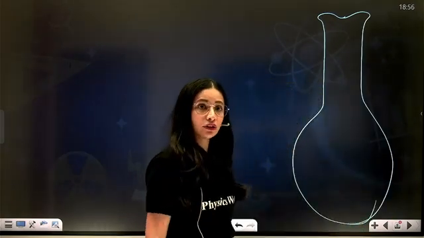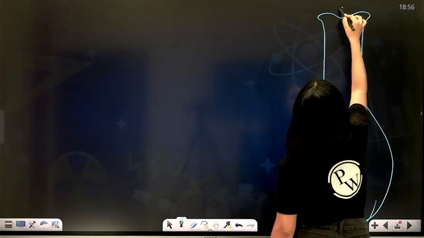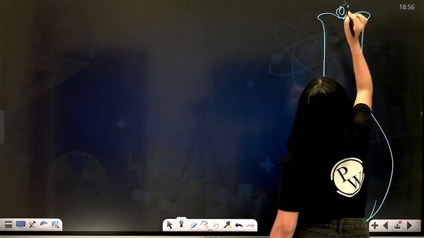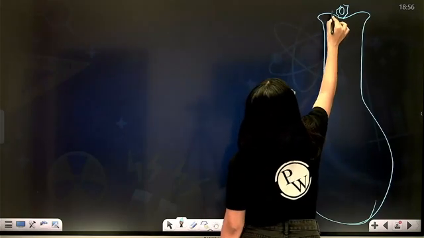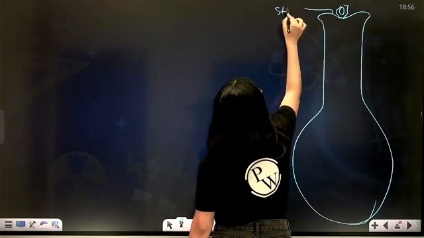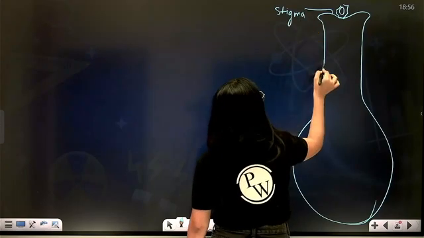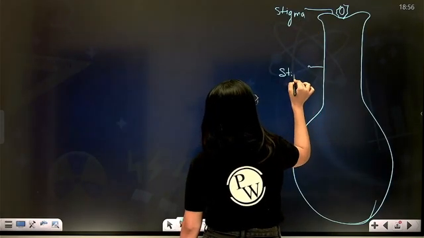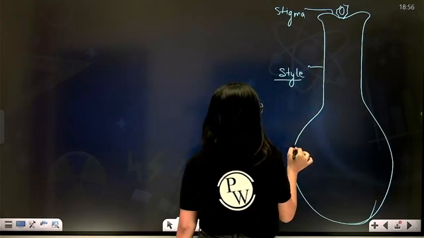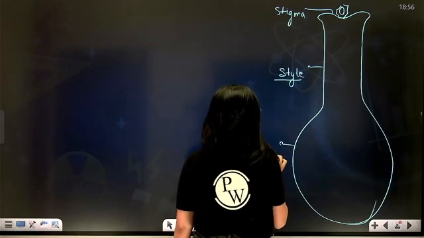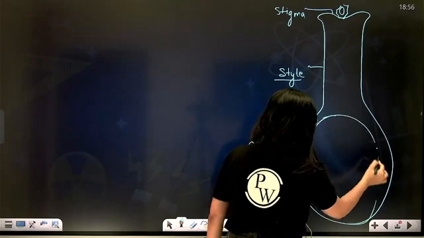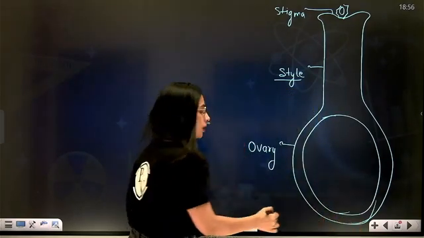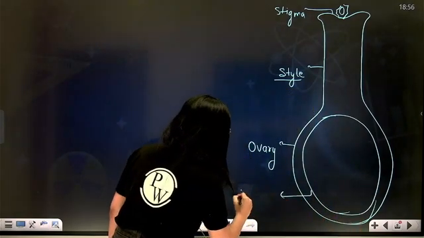Right? Yes or no? Stigma. Here the pollen grain landed. Successful landing is done. Let me label it. So this is the stigma. This is the style. You know, style can be either hollow or solid. And this is the base, swollen base called ovary, inside which there is an integumented megasporangium called ovule,